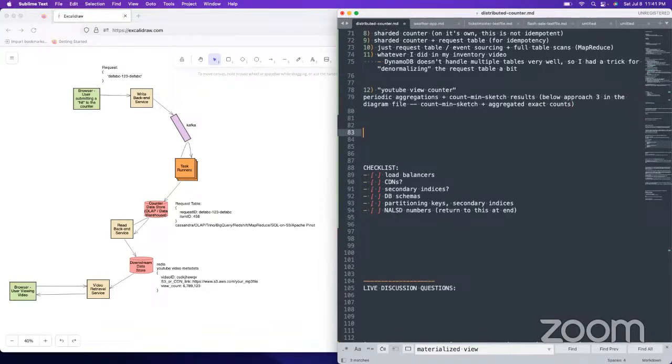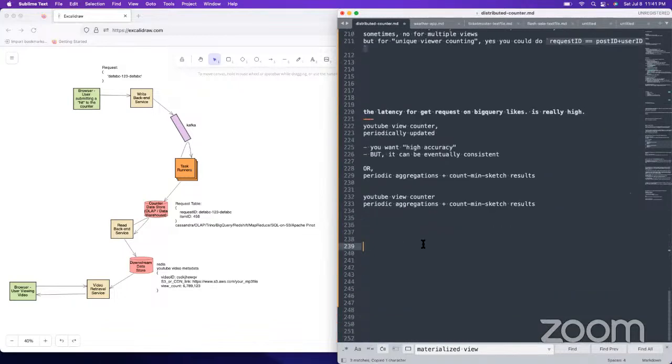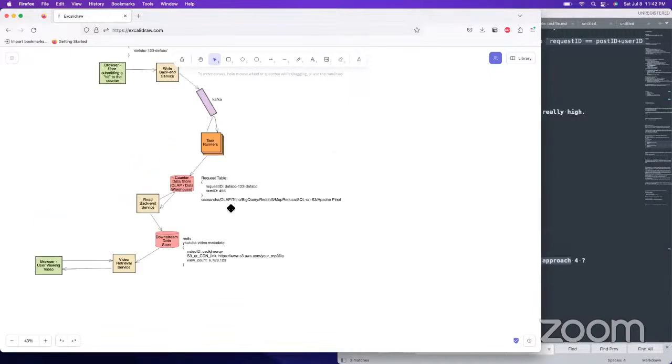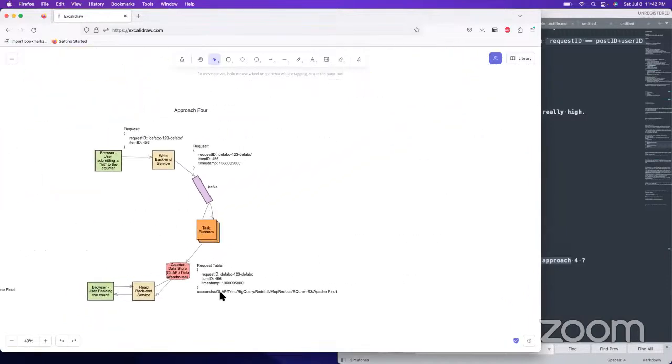All right, let's go through some of the questions in the chat. Why didn't that copy? How will we do exact counts in approach 4? We have the request ID deduplicated. And then for whatever reason, you want to see an exact count for the past hour. So you just do,